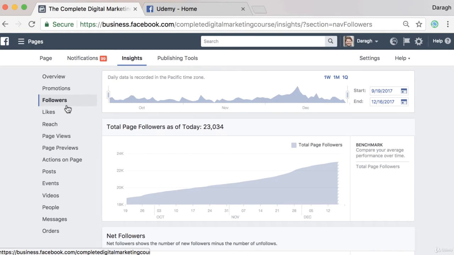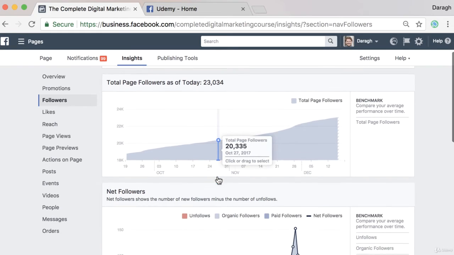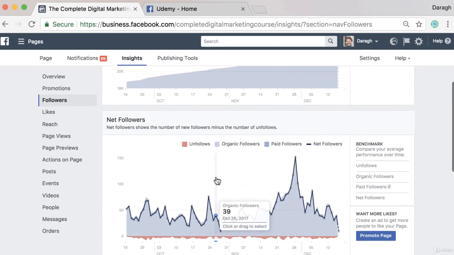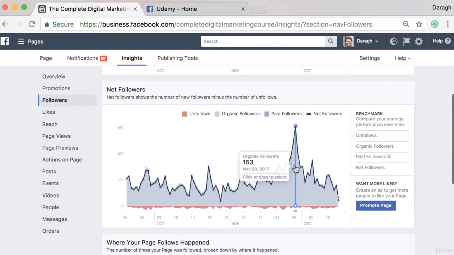But it is a little bit confusing when you see it for the first time, and that's why I just wanted to explain it to you. Bottom line, focus on the followers and really just worry about that. Now, in the followers report here, you can see net followers, because you probably will have some unfollows, and they are shown